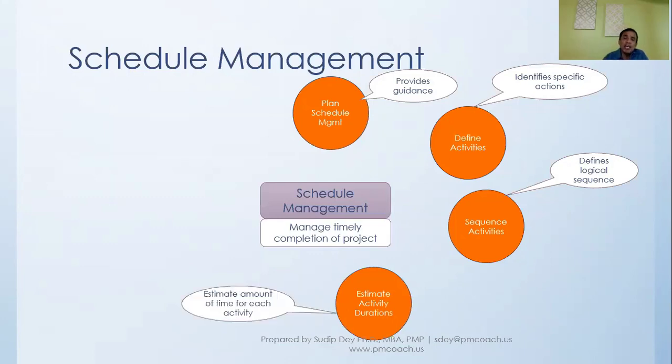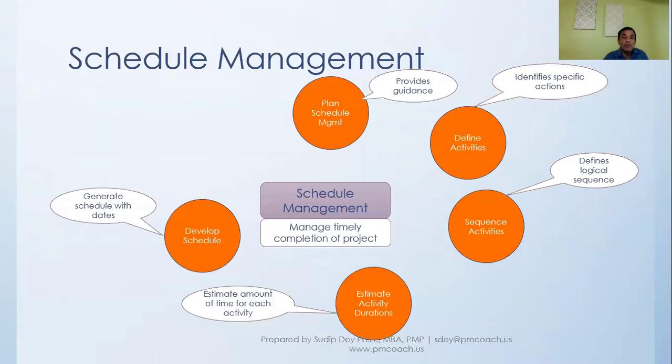Then we move to the next process, which is estimate activity durations. For each activity, we find out how much time it will take. We look through each activity and the work package, and we determine the amount of time that will be required to accomplish each of these activities. So now you see, we have three important elements: what the activities are, how much time each activity will take, and what the sequence is, which one comes first, which one comes later. Now we take these three inputs and